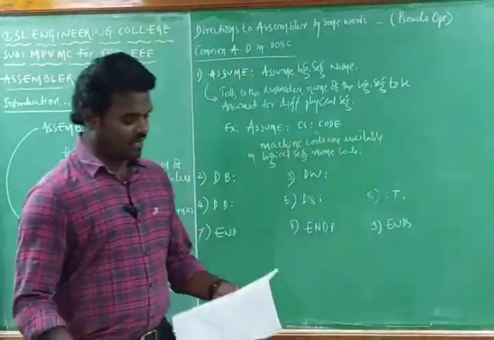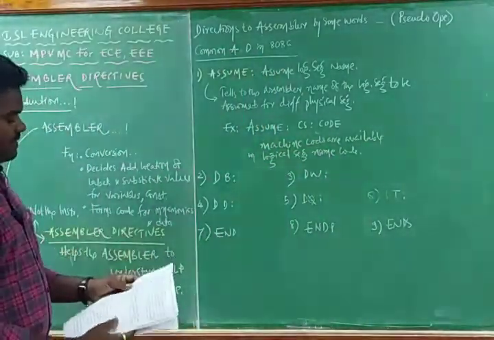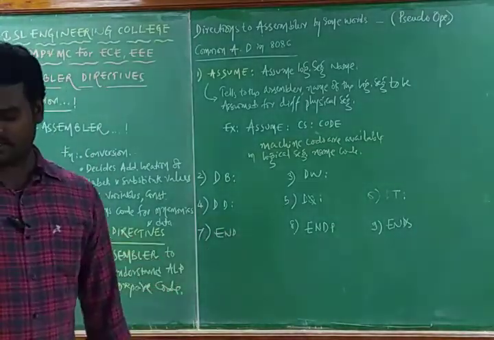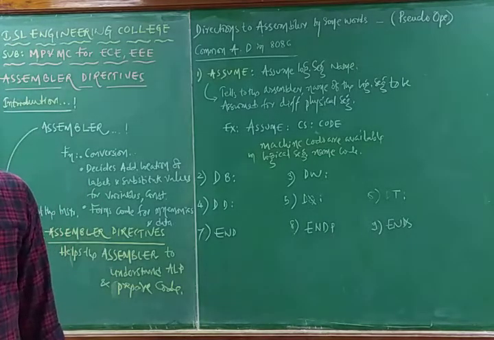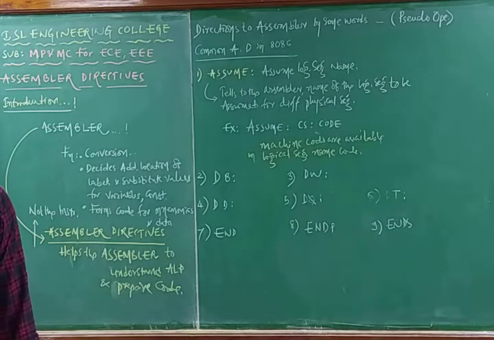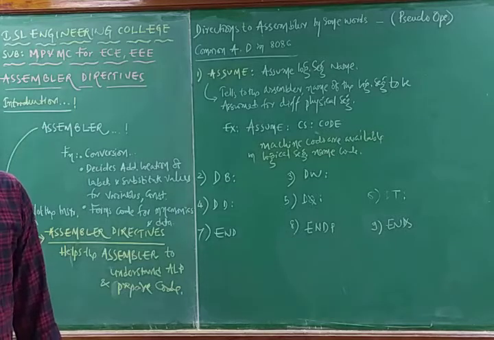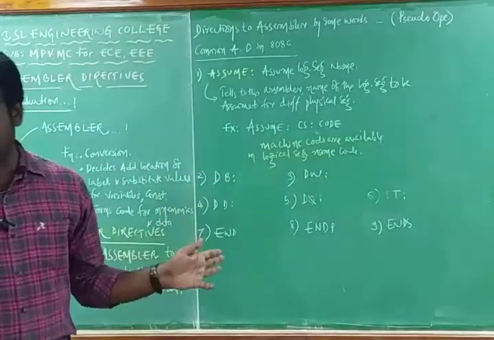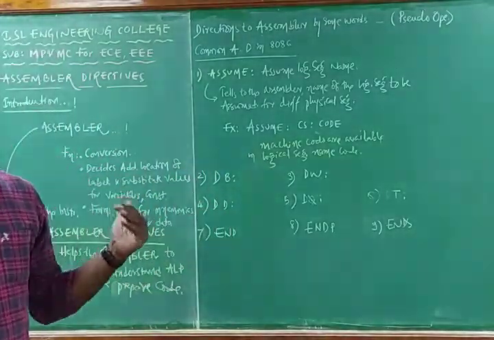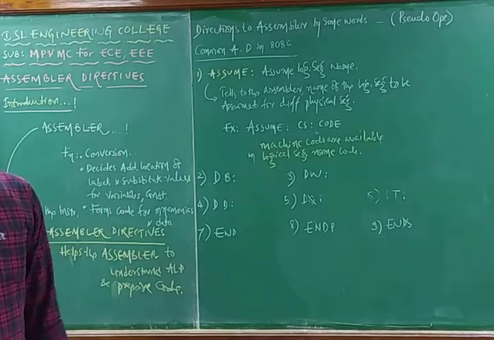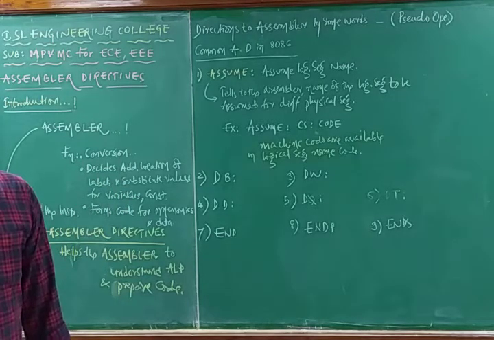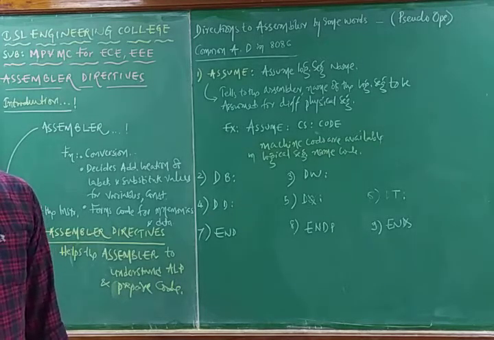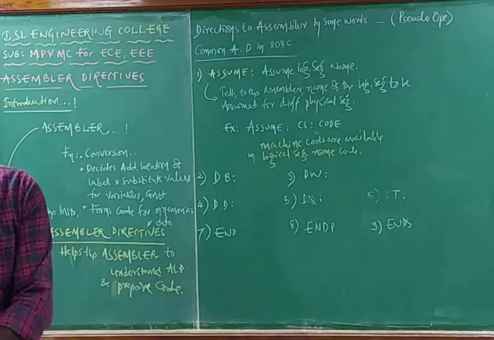The second one we are going to describe is define byte. Define byte is a directive used to declare a byte of variable and create the storage for a byte or a group of bytes. That means it is directing the assembler to declare a byte of variable and create the storage for a byte or group of bytes. The operand can be one or more 8-bit numerical values. I will go with one example for this.